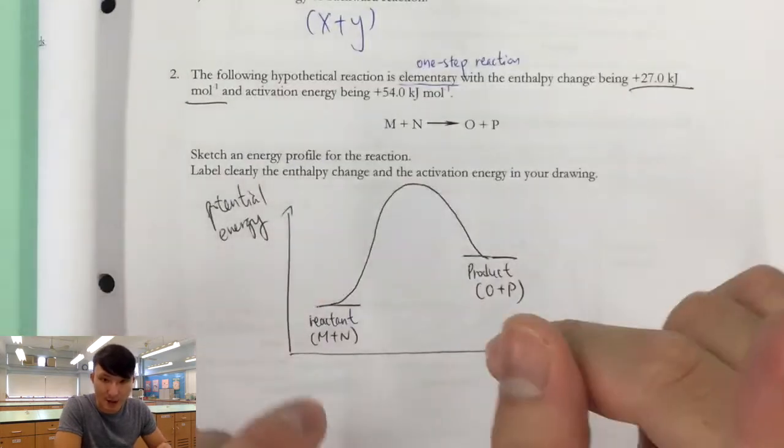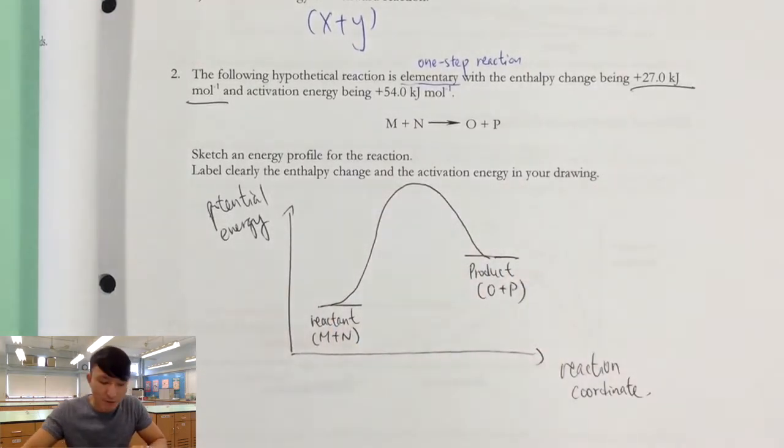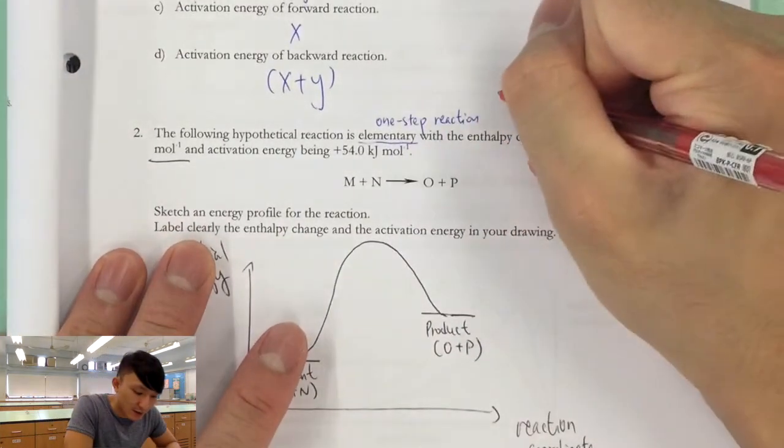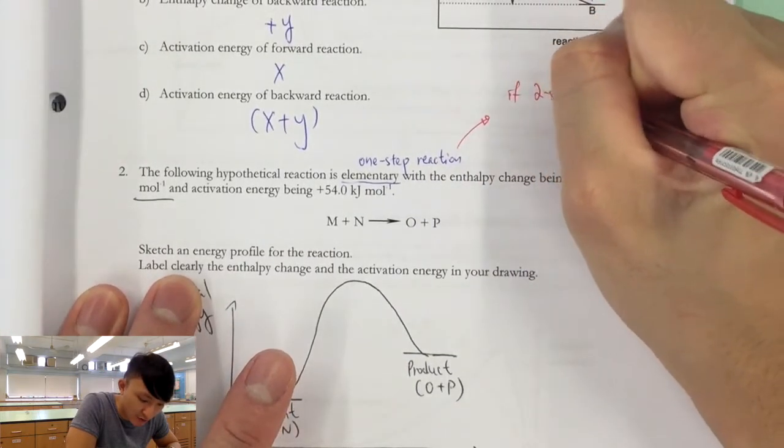So there is only one step. For each step, it has one activation energy. That means if it is a two-step reaction, then that would be two activation energies. I can put down here, so we can add a remark here. If we have a two-step reaction,